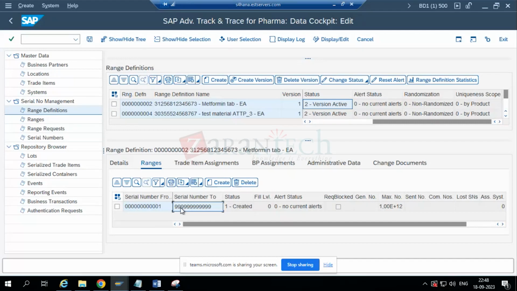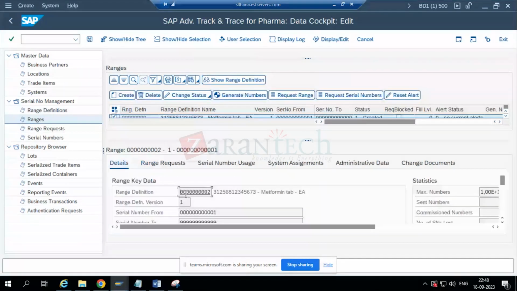Now, let's talk about the reuse horizon. If the reuse horizon is 0, your range definition will not have any version. It will be just one, and it is the complete span. In the range also you will see a complete span. It is not divided. If you double click on the range, you will see the range definition from where it is derived. Then these are the numbers, and here you can see on the right side